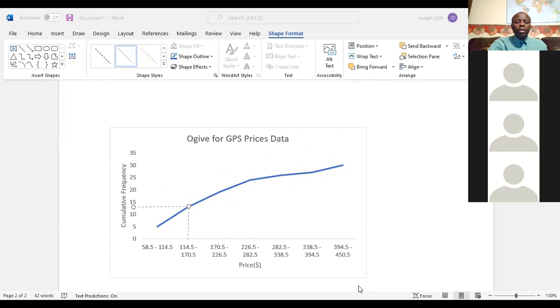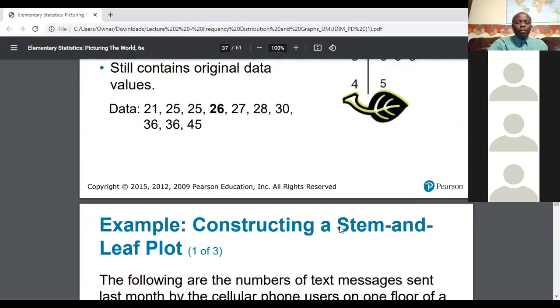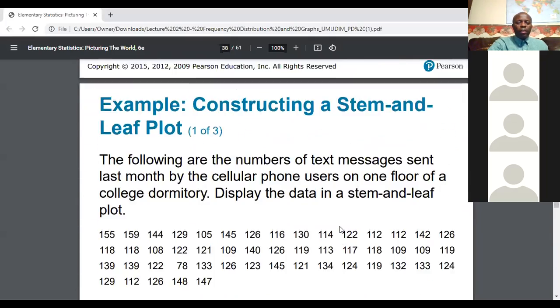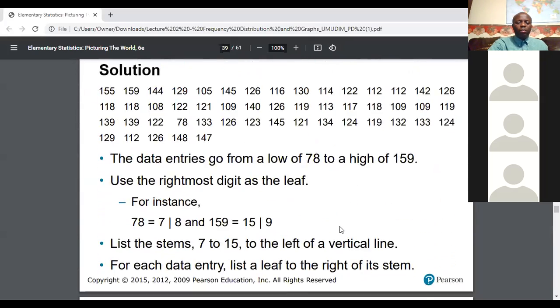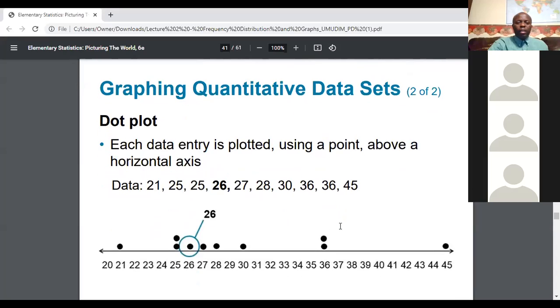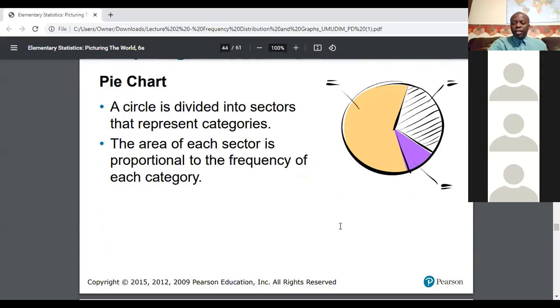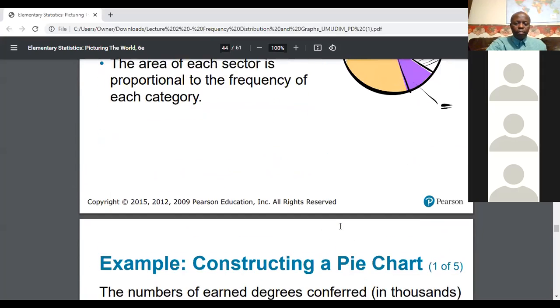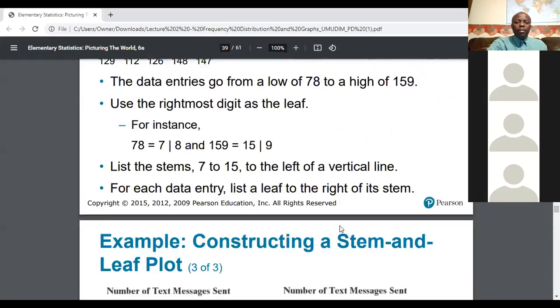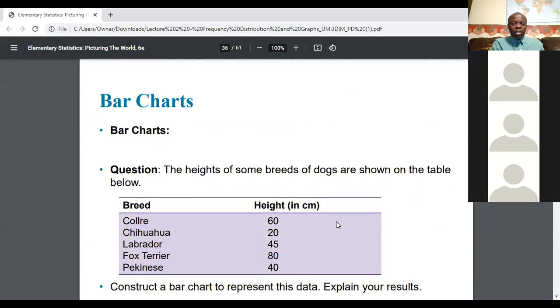Excellent. Now going back, the other things we need to do tonight before we round up include the bar charts, the stem and leaf plots, and if time permits, the dot plot, and of course the pie chart. So let us start with the bar chart. A bar chart is just like a histogram, except that